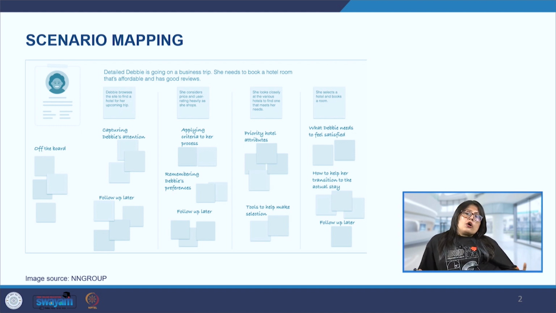So now the observer will look at the pain points that Manasi is facing while she is going through this whole process. So one pain point may be that she is finding it very difficult to identify a service provider or a delivery partner who is delivering the phone the next day as per her need.